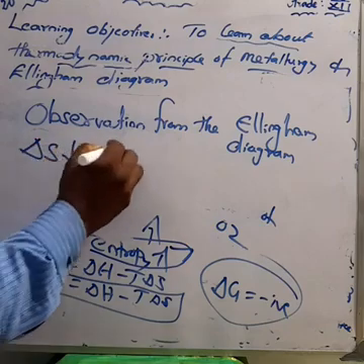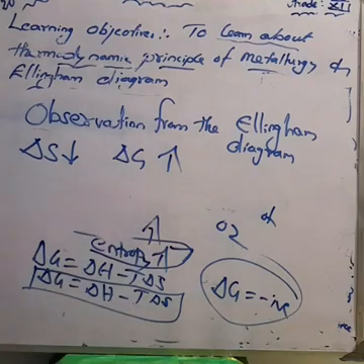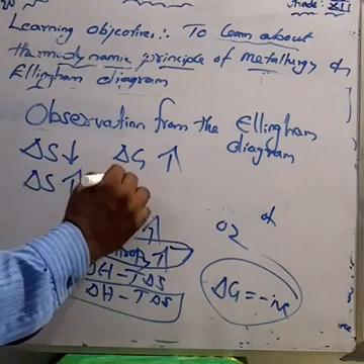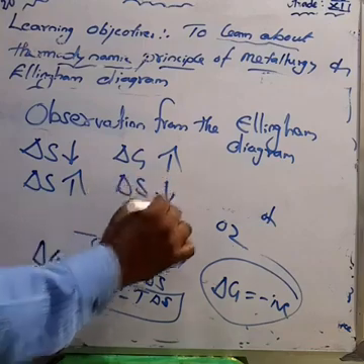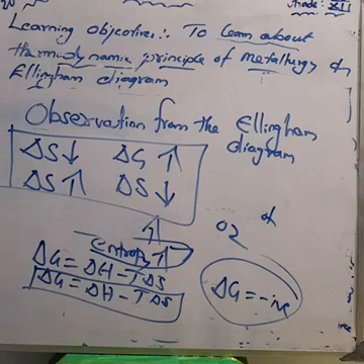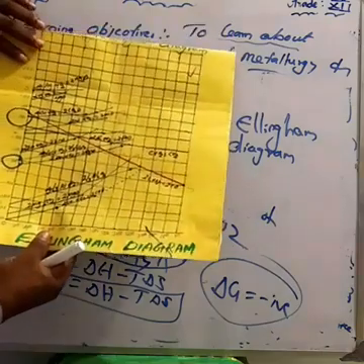When entropy decreases, Gibbs free energy increases. When entropy increases, Gibbs free energy decreases. Okay, that's the concept. Next, the third point: whenever the temperature increases,